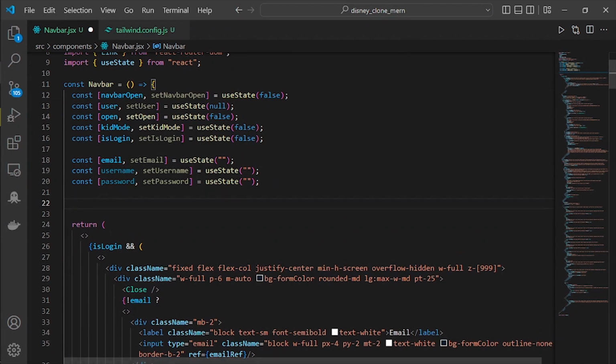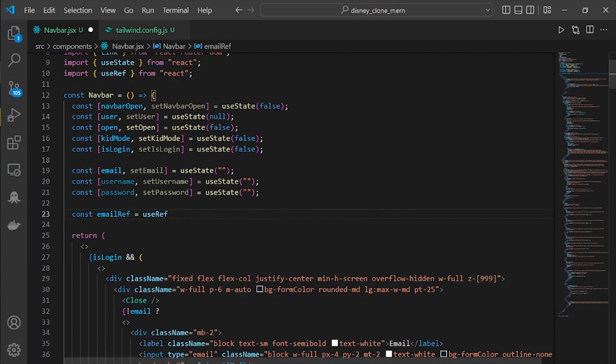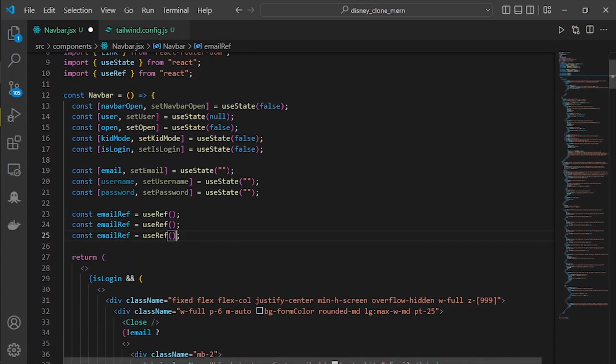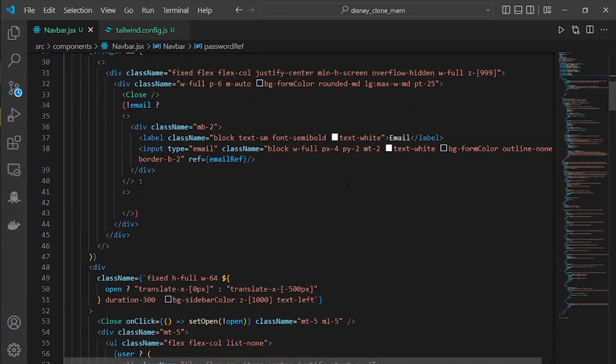And also we have to set the ref in here. So make a new const equal to emailRef equal to useRef. We have to import it first, and then duplicate it two more times. The second one is going to be username, and the last one is going to be password. Save, go back to here,